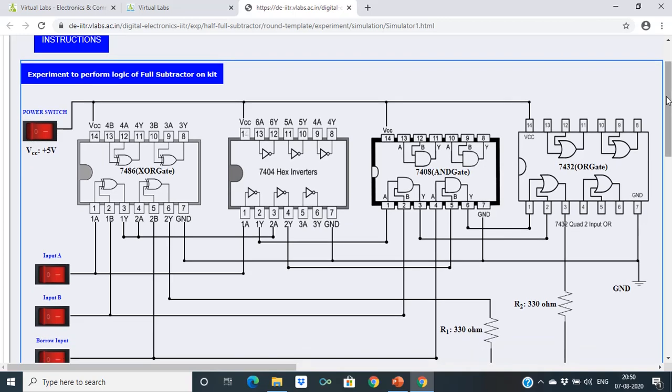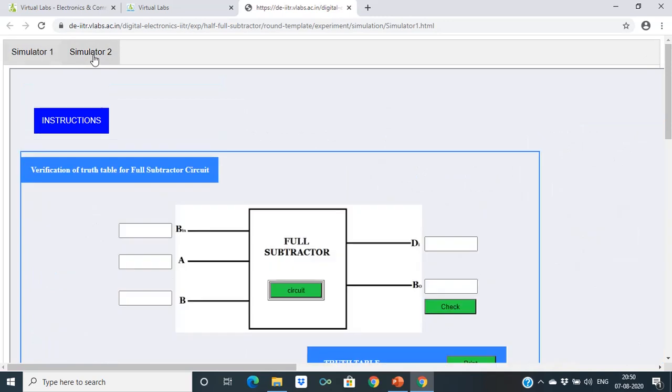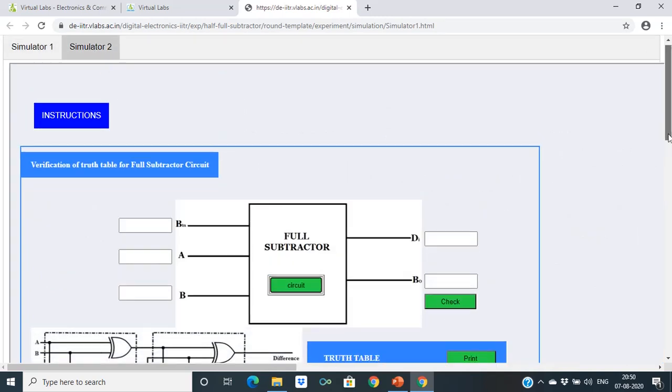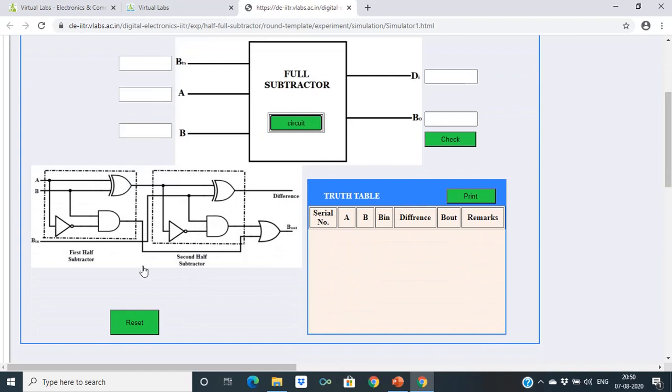Then a similar thing you can verify using the simulator. This is the circuit. Here using two half subtractors and one OR gate you can form this full subtractor, and you can verify here 1 0 1. In this case 1 minus 0 is 1, 1 minus 1 will be 0, so difference will be 0 and no borrow, so we will check.